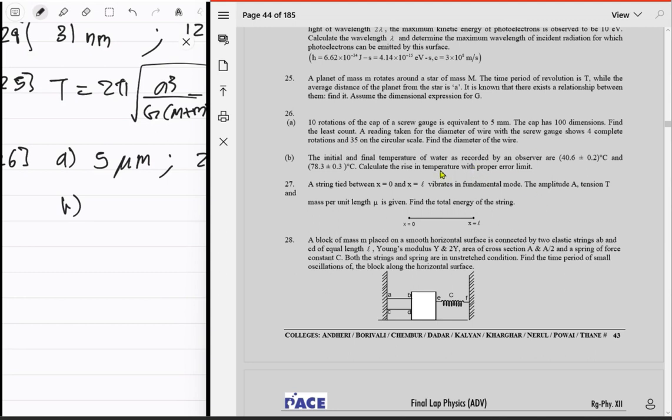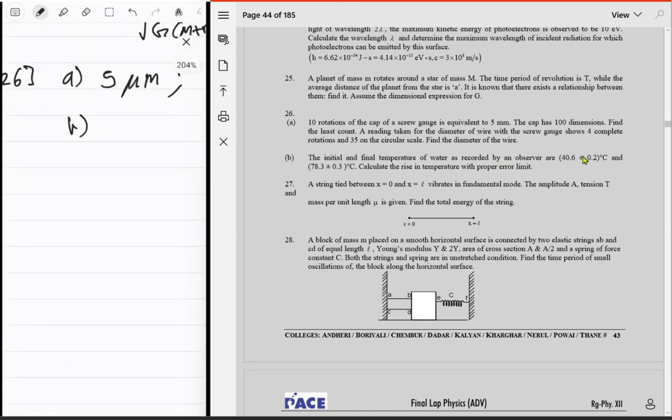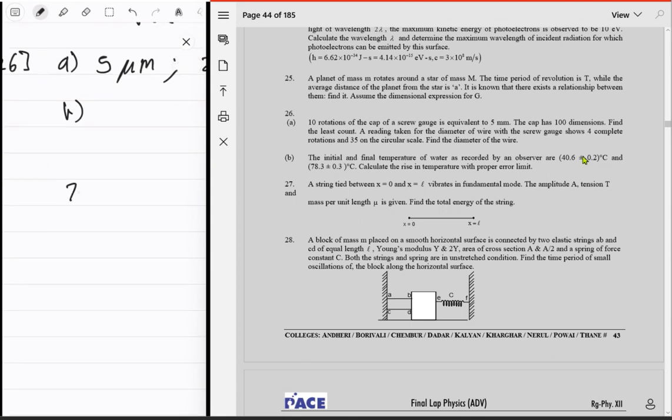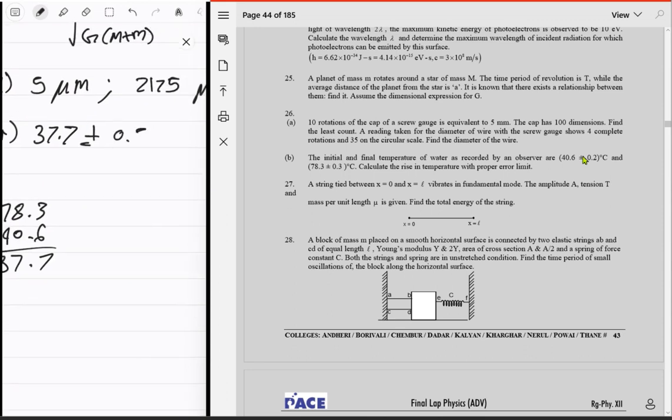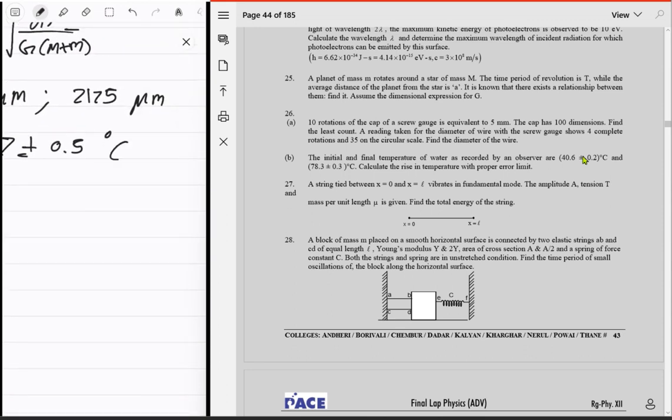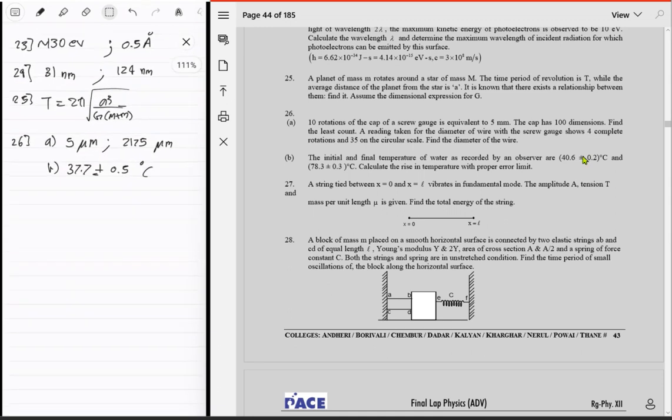recorded by the observer as this and that, calculate the rise in temperature, okay, just subtract that, and then like maximum error कितना हो सकता है, 0.5 I guess, because yeah, that's the maximum error, right, हो सकता है कि negative it's like a plus 0.3 हो, और फिर यहाँ पे negative, yeah, it works out just plus or minus 0.5, right, तो क्या है, 78.3 minus 40.6, 37.7 okay, plus minus 0.5 degree centigrade. Next question,